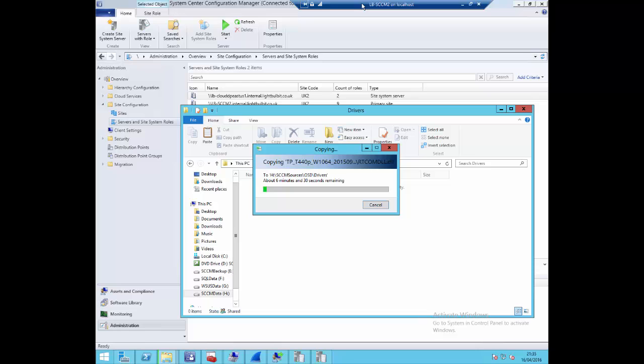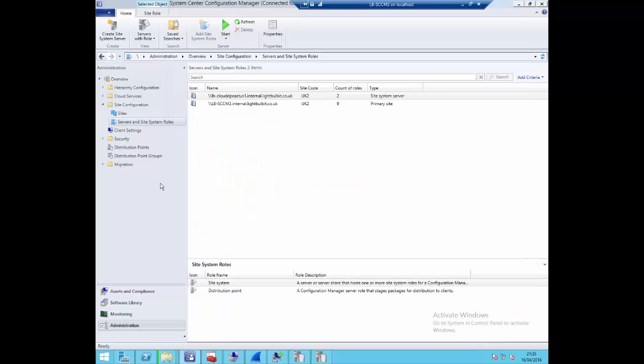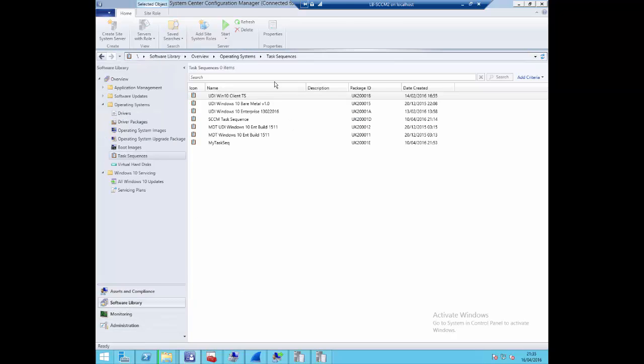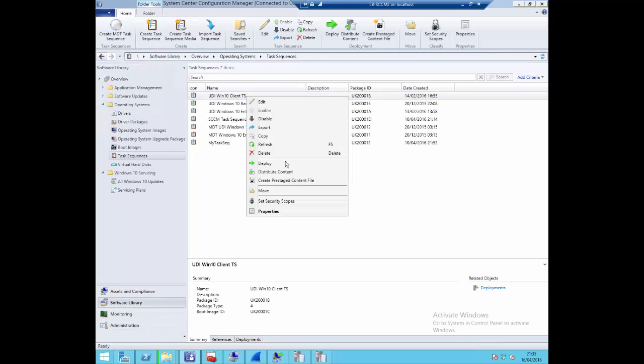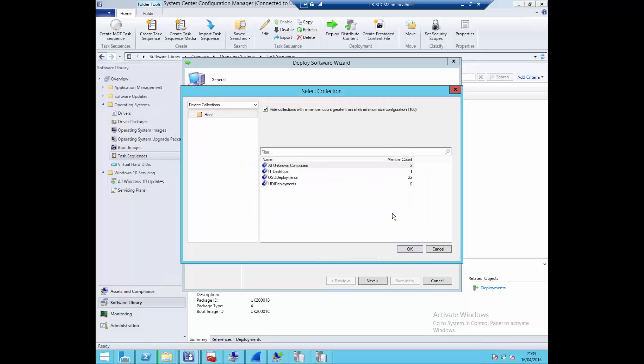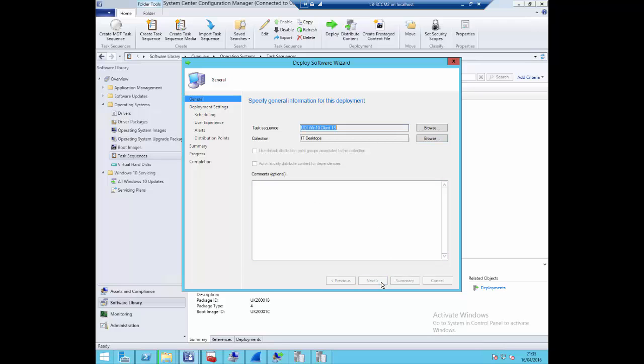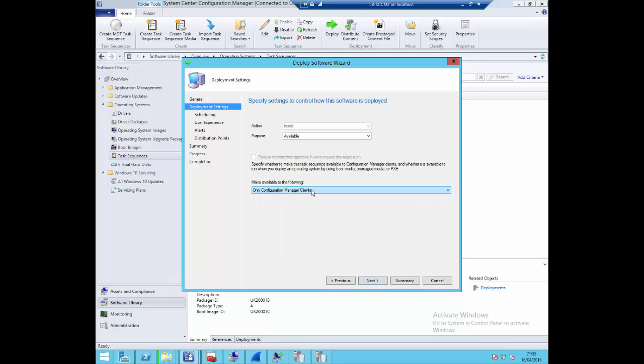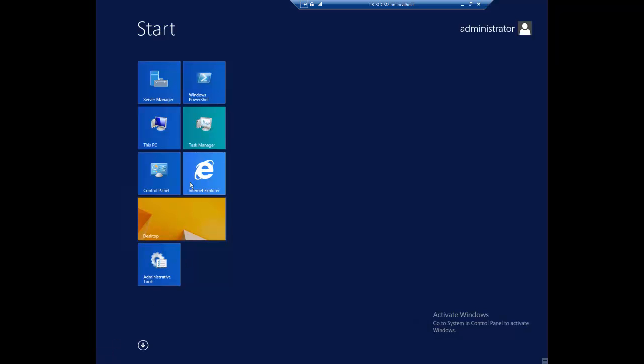So there are options. It depends on what you've deployed to. For example, when you're deploying the task sequence, I can deploy this task sequence to an existing collection. Maybe the machine is in this collection already, so I deploy the task sequence to this collection. And then the next place I can say only Configuration Manager client. What that means is that this will only be available to machines that have booted into Windows and have Configuration Manager client installed, in which case, if the user goes under Software Center,